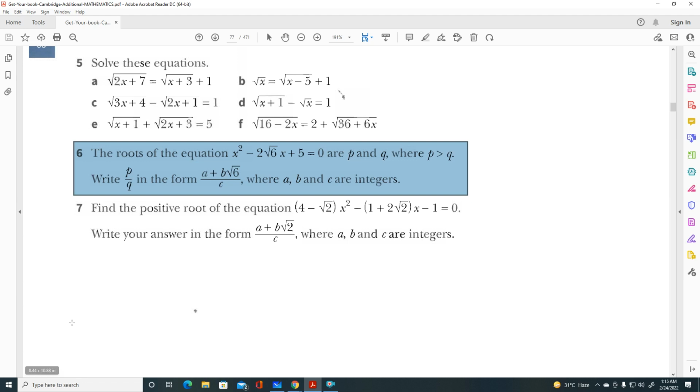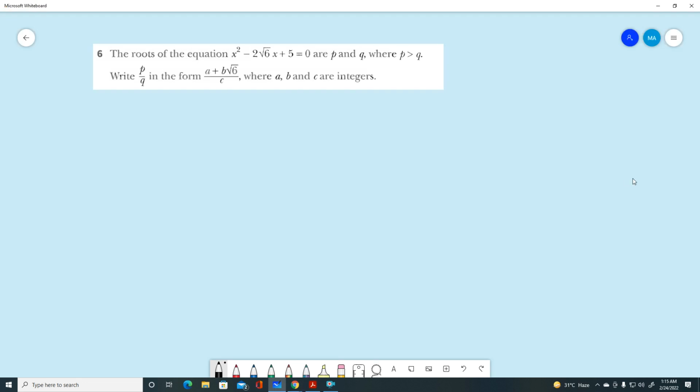Okay, let's start question number 6. Question number 6 is: the roots of the equation x square minus 2 root 6 x plus 5 equals 0 are p and q, where p is greater than q. Write p upon q in the form of a plus b root 6 upon c, where a, b and c are integers. So first we have to write the given equation x square minus 2 root 6 x plus 5